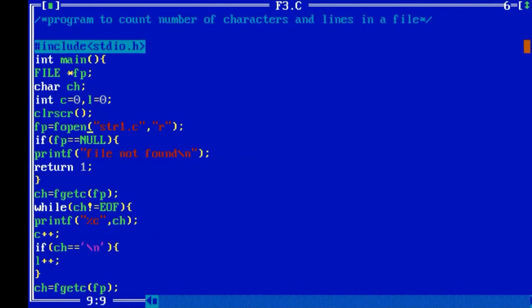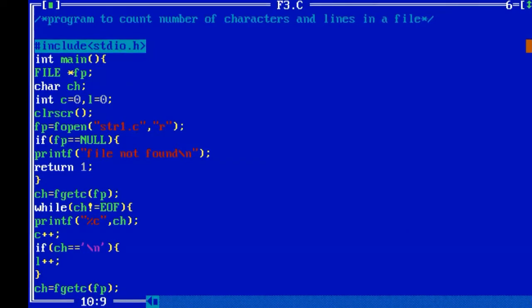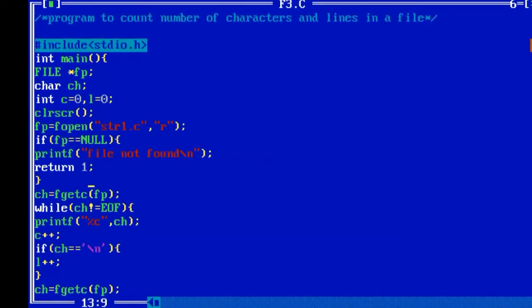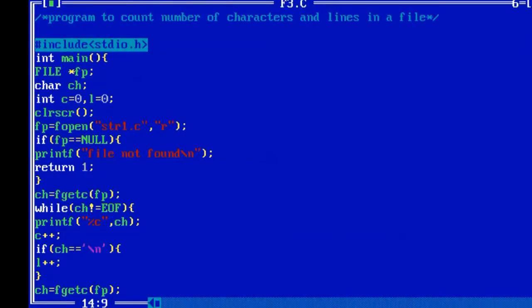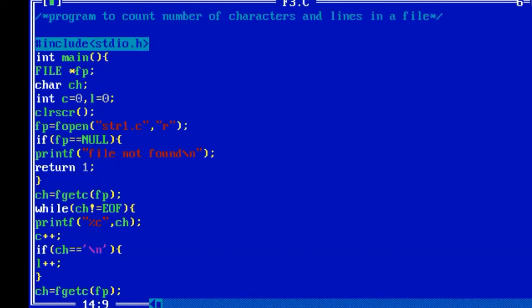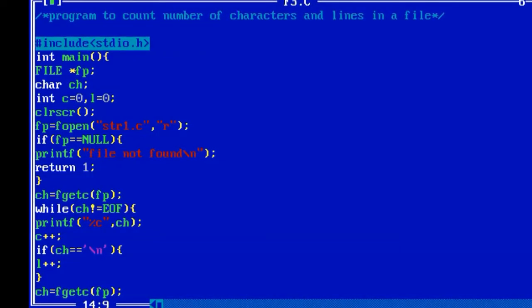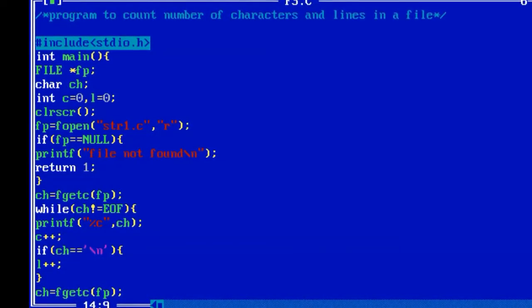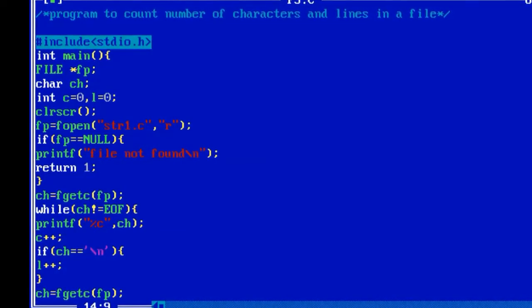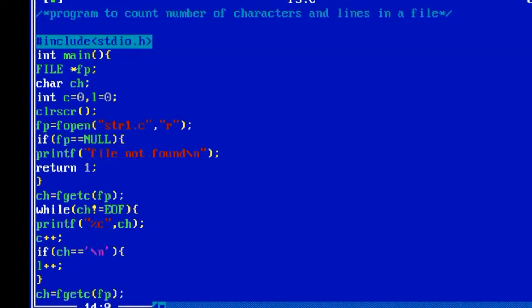After fopen, you need to check whether your file is there or not. What I am doing here is I want to count how many characters and how many lines are there. For that I am reading the first character from my file pointer. So getc(fp) will get the first character and transfer it to ch.